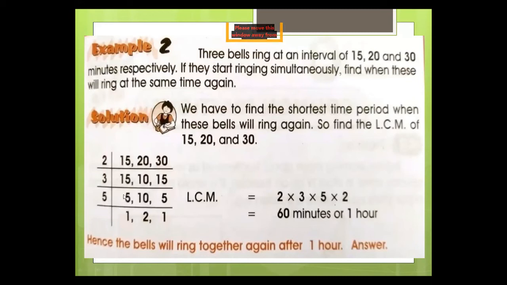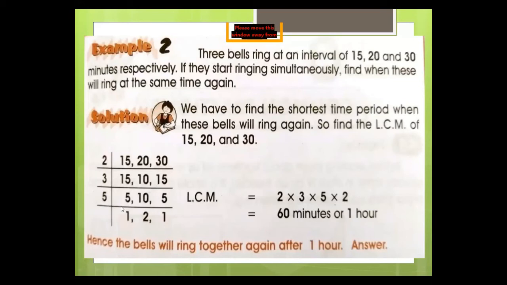Again here you see that only two of these numbers are divisible by any factor, which is 5. Then we take 5 as a divisor. No, sorry, here all of these three numbers are divisible by 5, so we pick 5 as a divisor. 5 divided by 5 is 1. 10 divided by 5 is 2. 5 divided by 5 is 1.